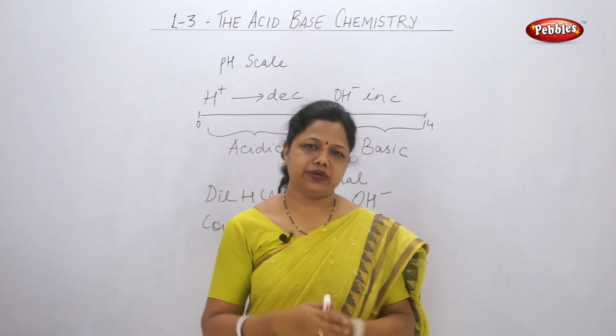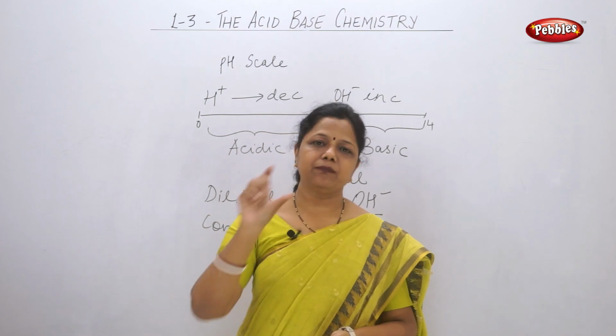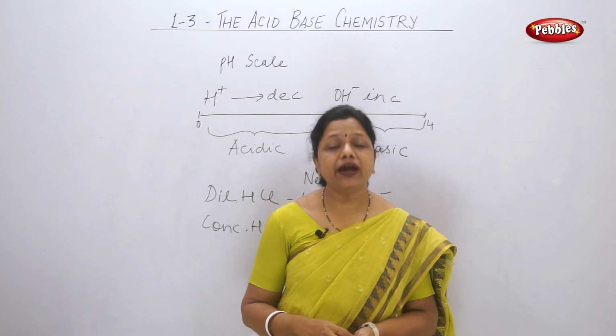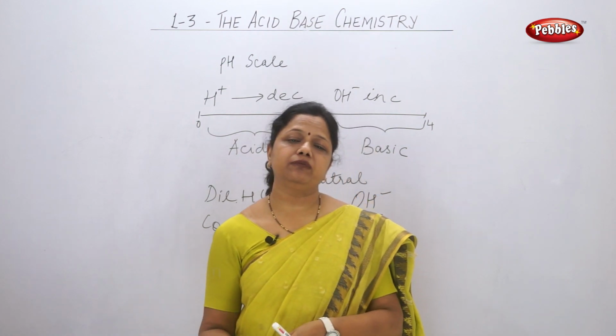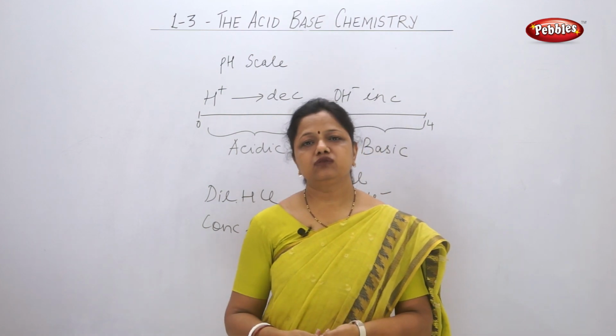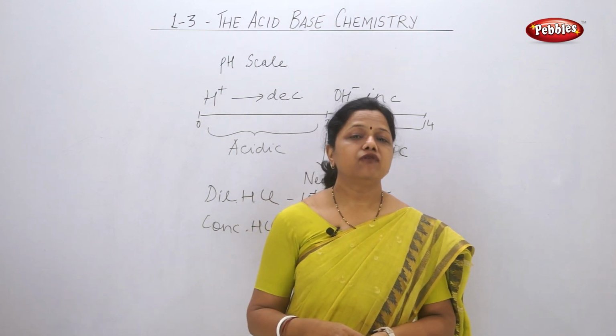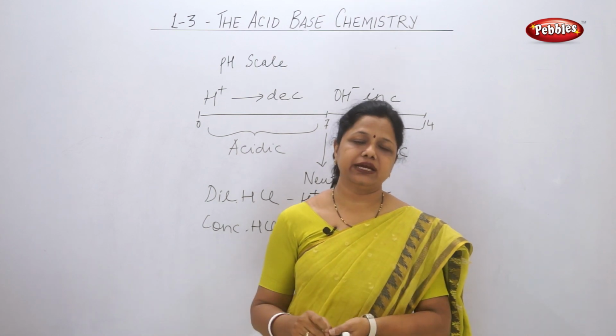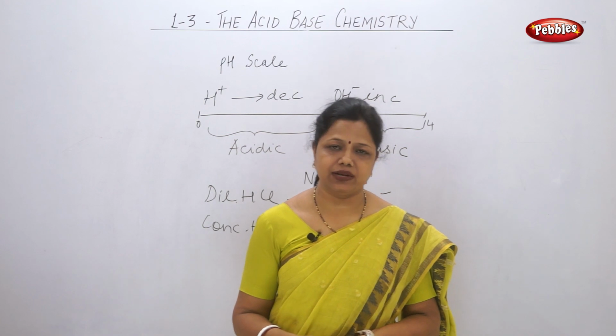Let it settle for some time, and then take that sample of water and test with pH. You will find that some type of soil will be very acidic and some type of soil will be very basic. So what does the farmer do? Farmer first checks the soil acidity or basicity. That means he is checking the pH value.